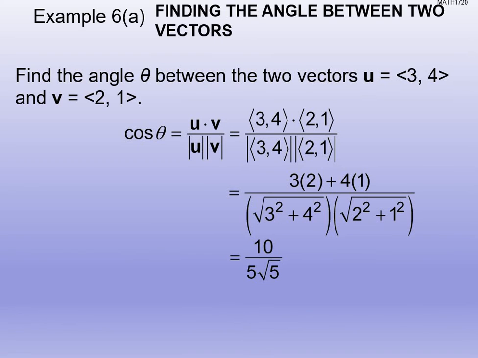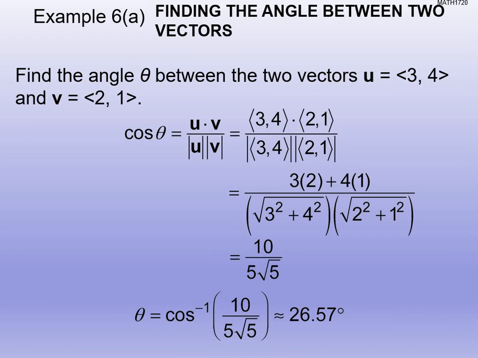Cosine of theta is 10 divided by 5 square roots of 5, which is really 2 over the square root of 5. But you have to do cosine inverse of that to get the angle. So you're going to take cosine inverse of 10 divided by 5 square roots of 5, and you should get